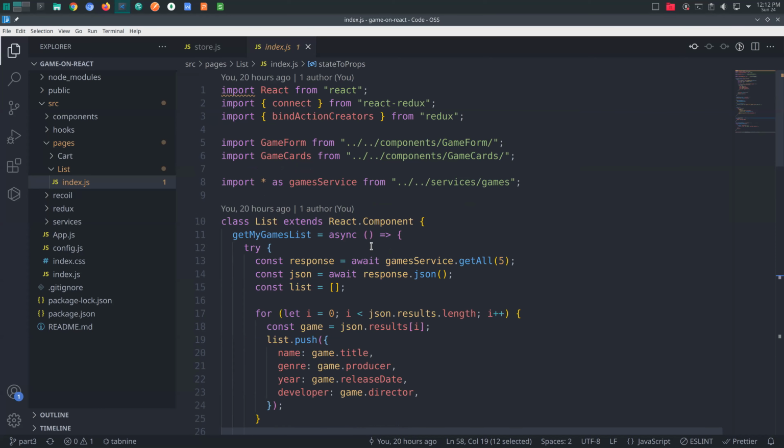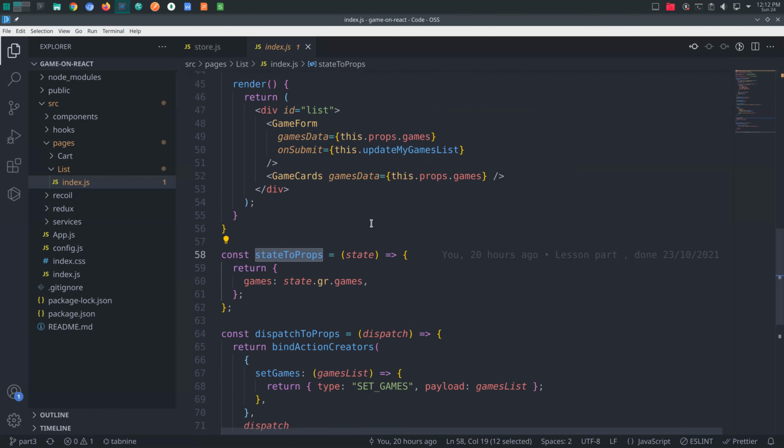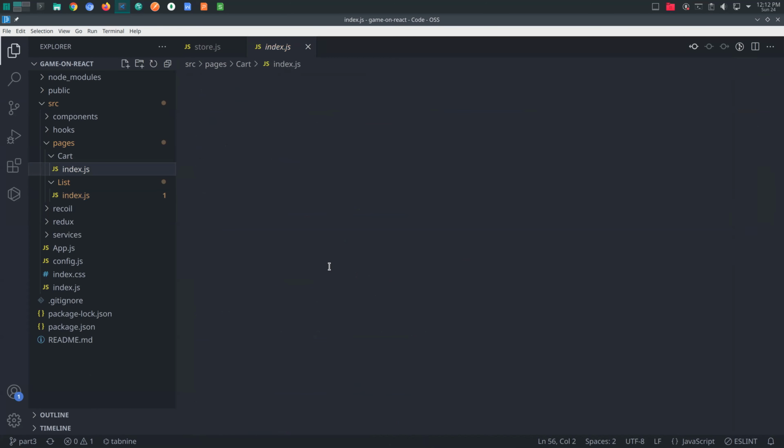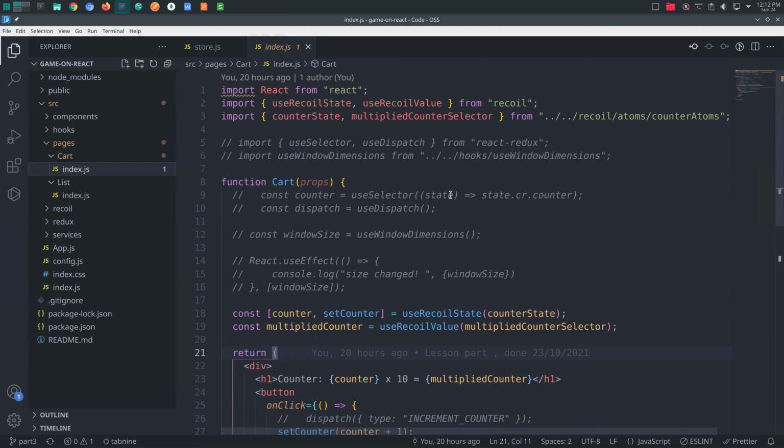So we saw how to do that with a class component, but we also saw how to do that basically using hooks by using the use selector and use dispatch hooks that Redux provides for us,